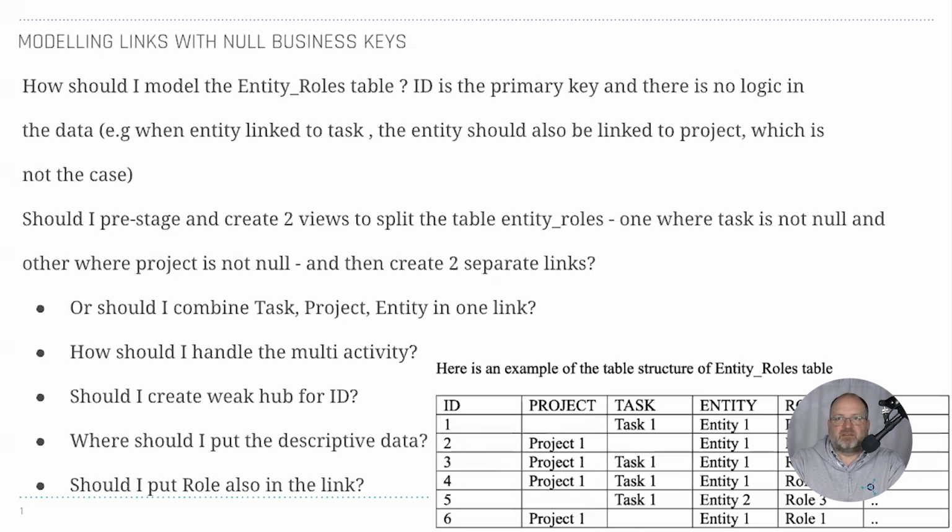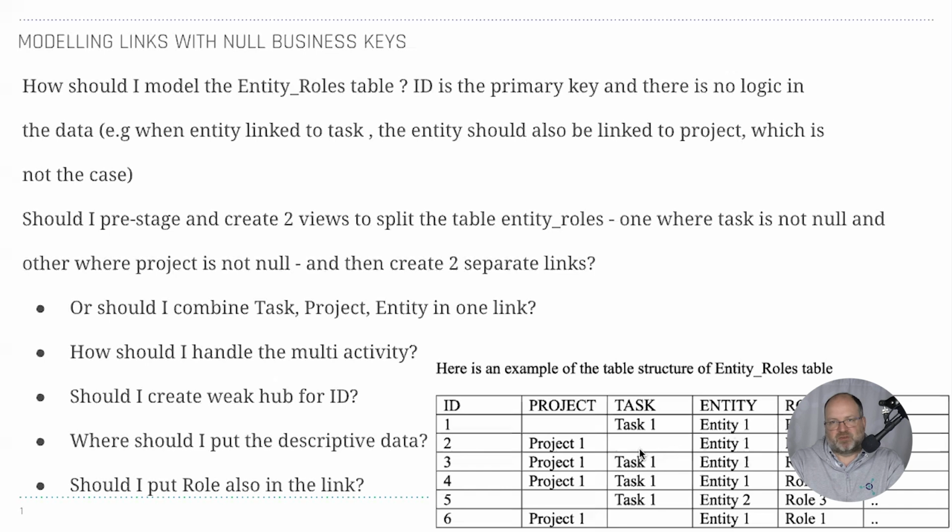ID, and then add those descriptive attributes here, entity and role, which are most probably reference codes, which means there's a reference table that you can use for explaining what's the meaning of role one, or what's the meaning of entity one. So just keep that in the non-historized satellite and you're done. Super easy design. If this is not a non-historized link or a dependent child link, if this is just a